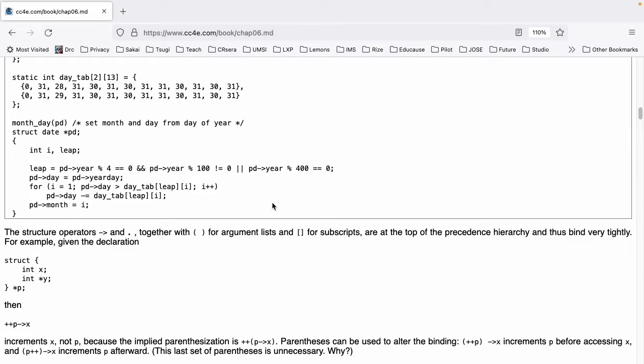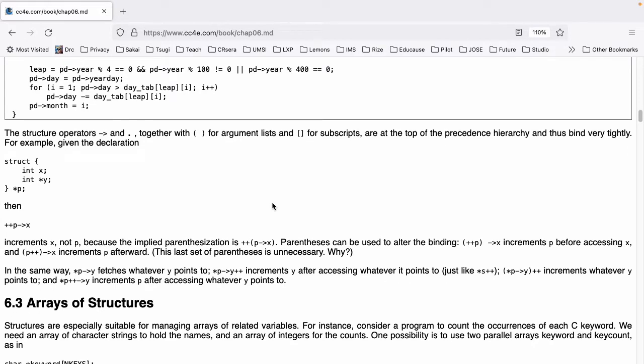for (i = 1; pd->day > day_tab[leap][i]; i++) pd->day -= day_tab[leap][i]; pd->month = i; }